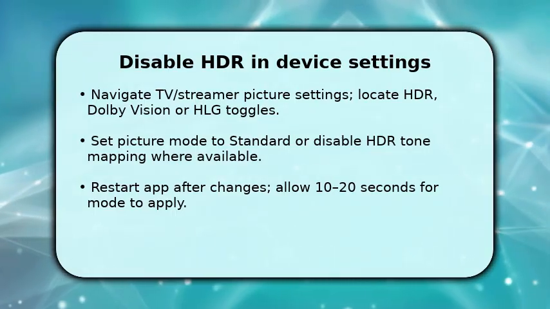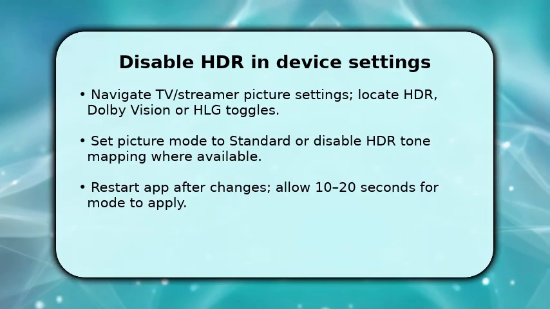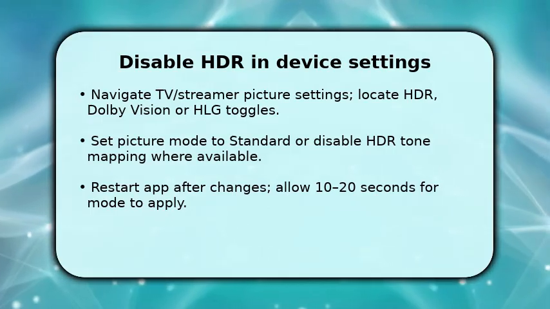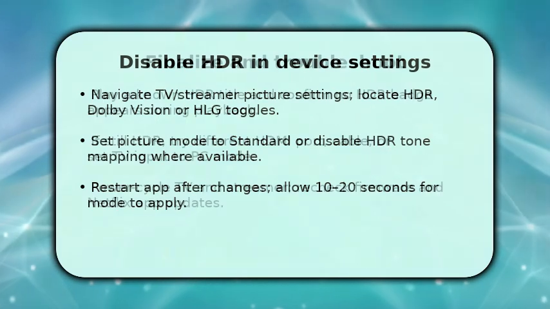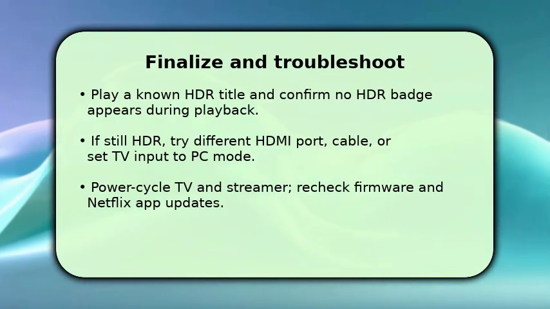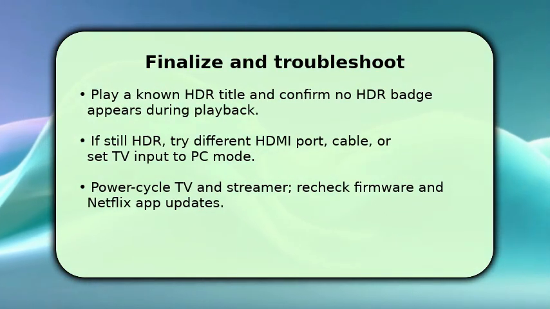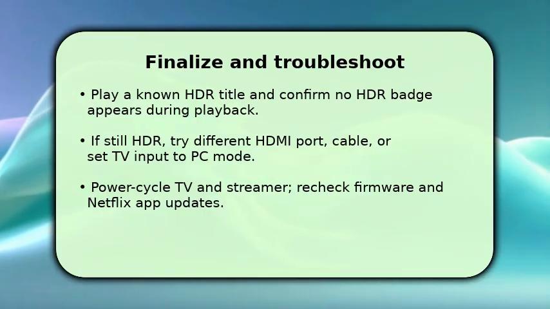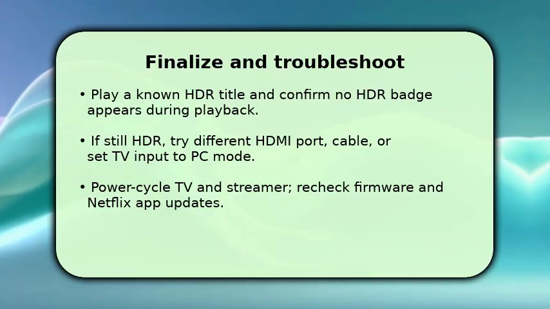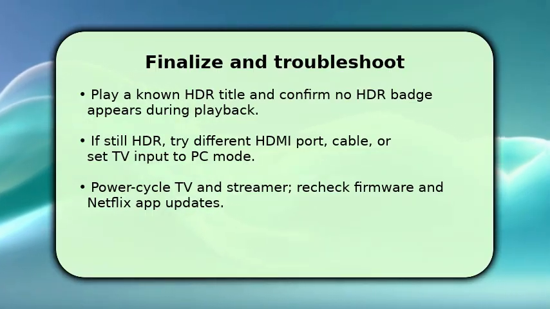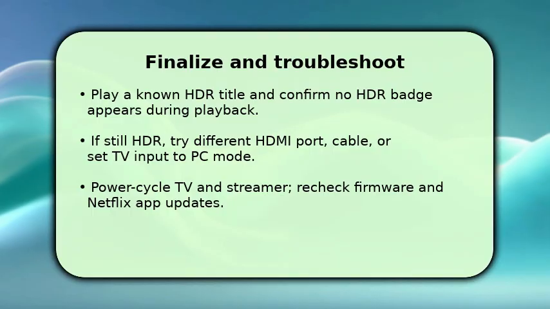After making these changes, exit to the home screen and restart the Netflix app so the new display mode is recognized. To finish, play a known HDR title and verify the HDR badge doesn't appear and the image looks less contrasty. This confirms success. If HDR persists, switch HDMI ports or use a different high-speed cable, or enable PC/standard input